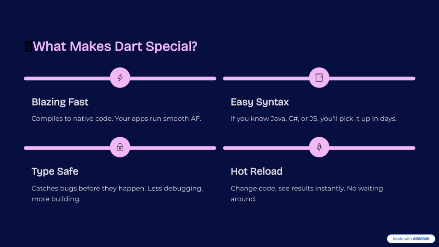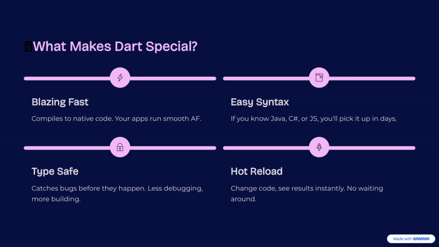Plus, it compiles directly to native code, so your apps run smoothly and perform at their best. And finally, blazing fast. Dart is optimized for speed, ensuring your applications are responsive and efficient. All these features combined make Dart a powerful and developer-friendly choice, perfectly aligned with our goal of building high-quality, fast,